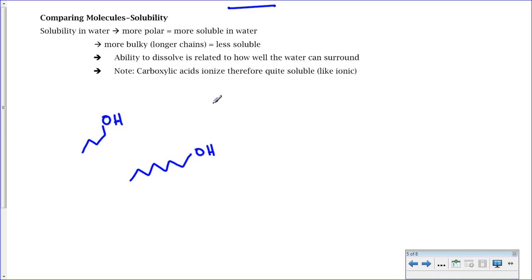Also remember that nonpolar substances will be considered to have very low solubility in water. So all of your hydrocarbons, which are nonpolar, will be considered to have very low solubility in water. As I said before, we would discuss carboxylic acids a little further. Carboxylic acids have a carboxyl group,